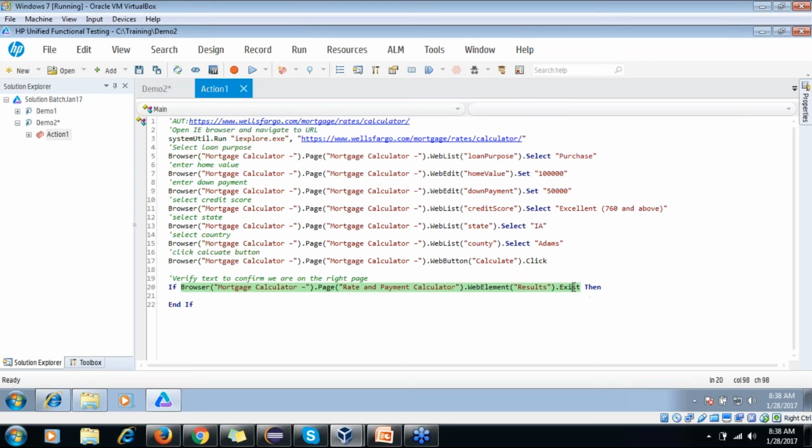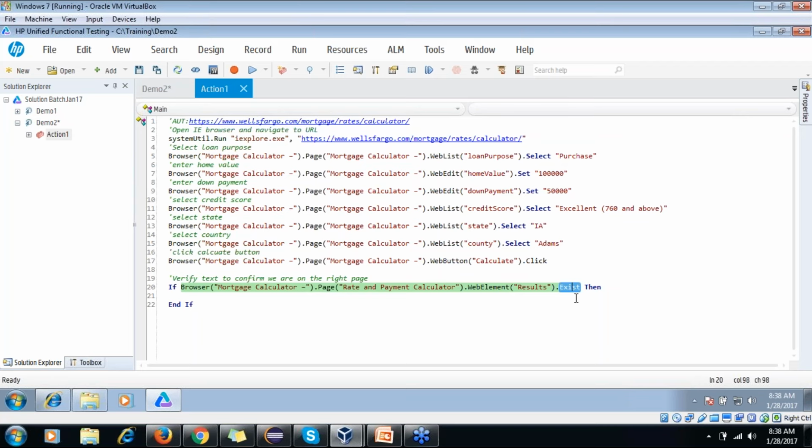So let me explain a few points about this exist. It will return true if this object appears on the page, and it will return false if UFT cannot find the object.